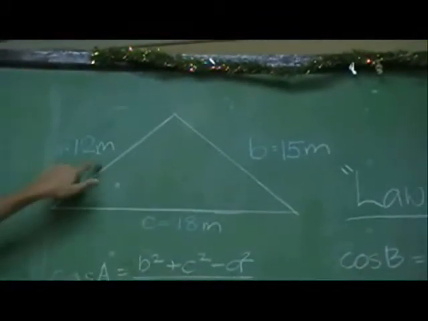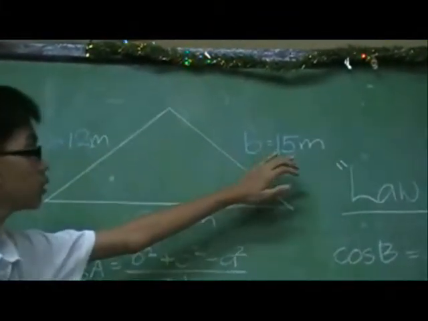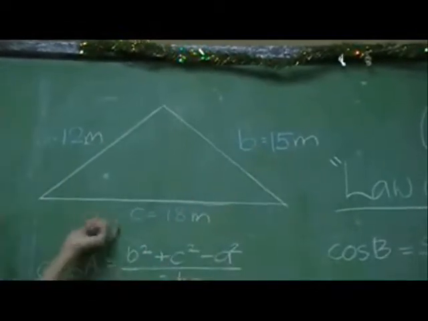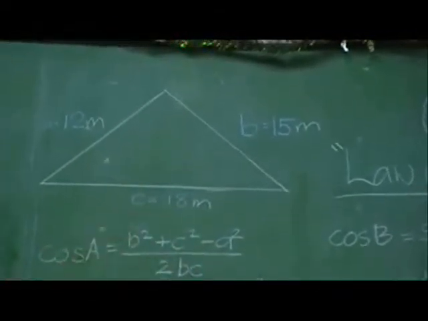Side a is equal to 12 meters. Side b is equal to 15 meters. Side c is equal to 18 meters. Now,